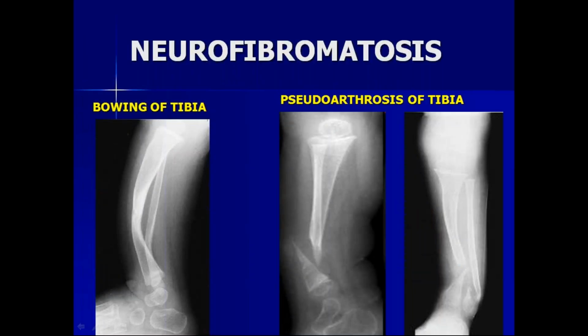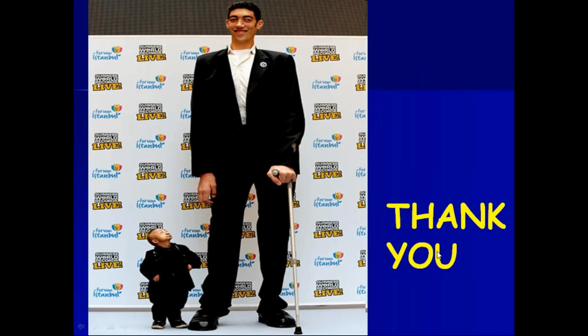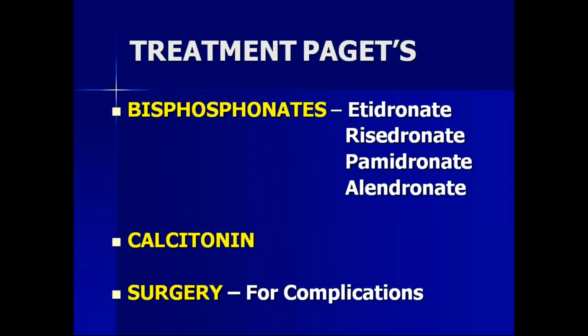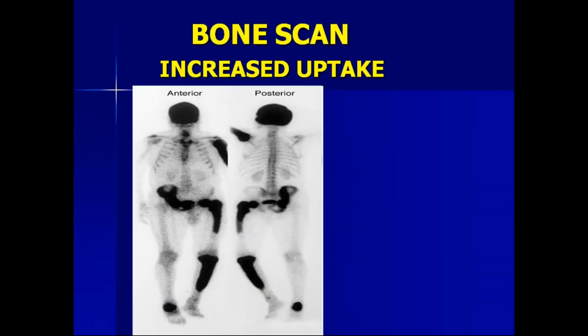The treatment is resection of the pseudoarthrosis. That is the area where there is false joint formation, and that part of the bone and soft tissue should be removed, and then you can do an Ilizarov, a vascularized fibular graft, or an intramedullary rod. I hope you understood nicely. Neurofibromatosis, you all know, is associated with pseudoarthrosis of the tibia.